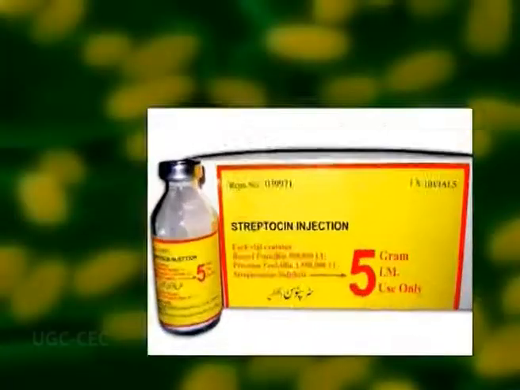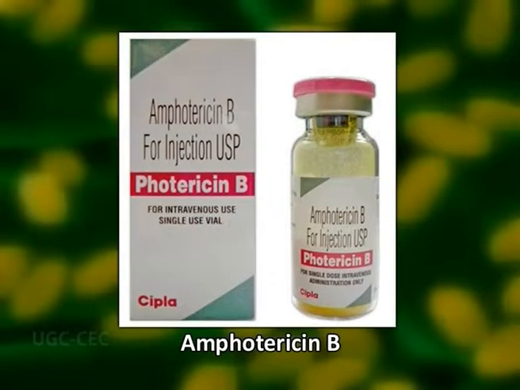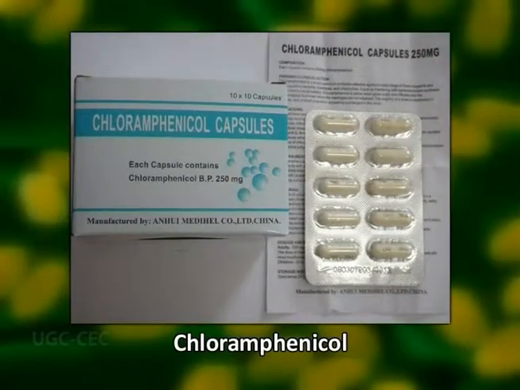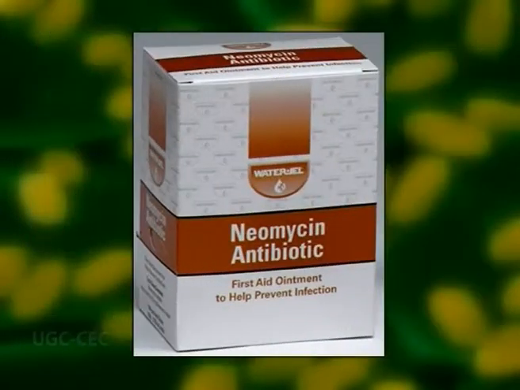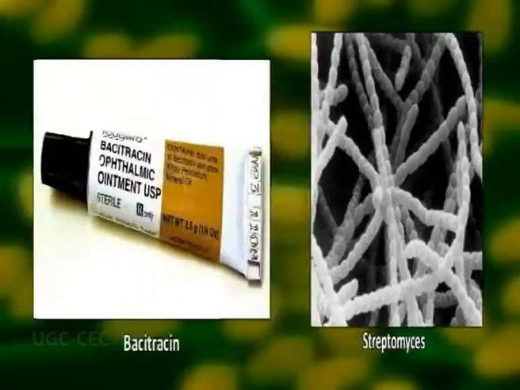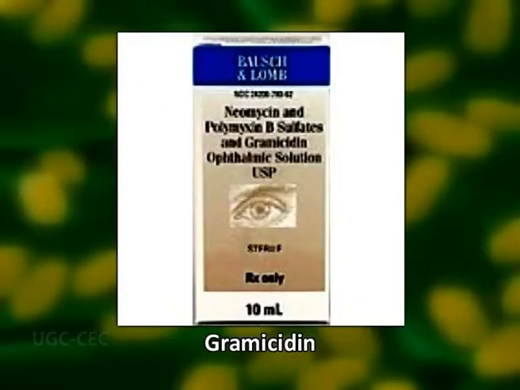The common antibiotics obtained from bacteria include streptomycin, amphotericin B, chloramphenicol, chlorotetracycline, erythromycin and neomycin obtained from Streptomyces; bacitracin, colistin, gramicidin, polymyxin B from the Bacillus group of bacteria. Most of the antibiotics of bacterial source are obtained from these two genera of bacteria, I mean Streptomyces and Bacillus group of bacteria. One more important aspect of bacteria